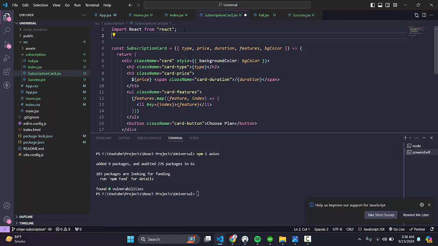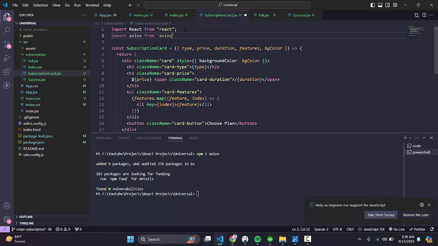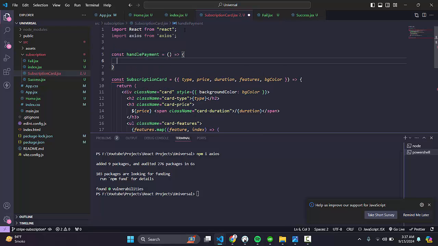So we will import it here, axios from axios, and we will create a function handlePayment. We can name it as we want. So this function will receive duration